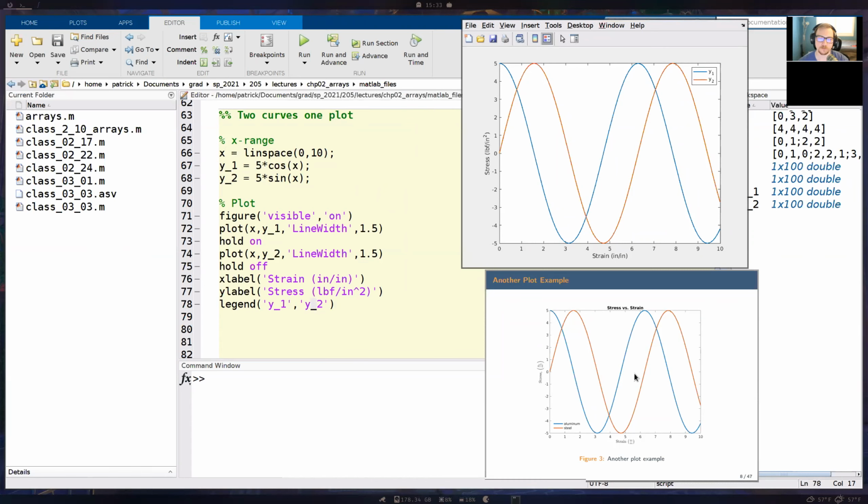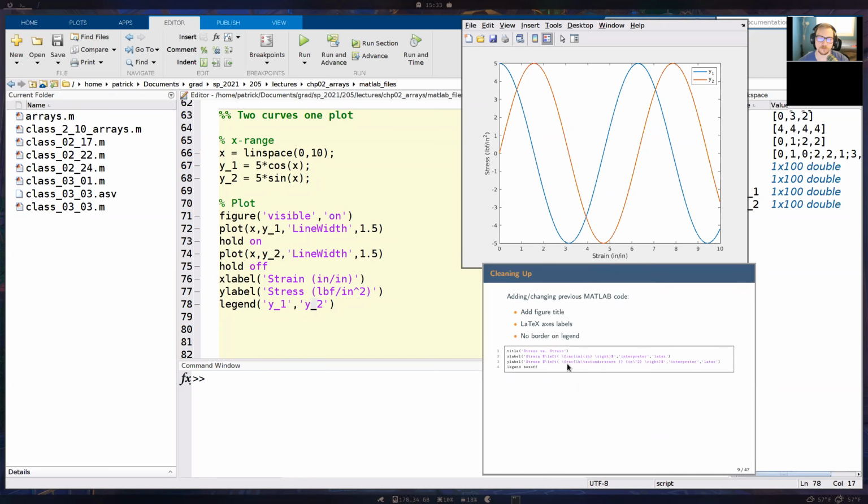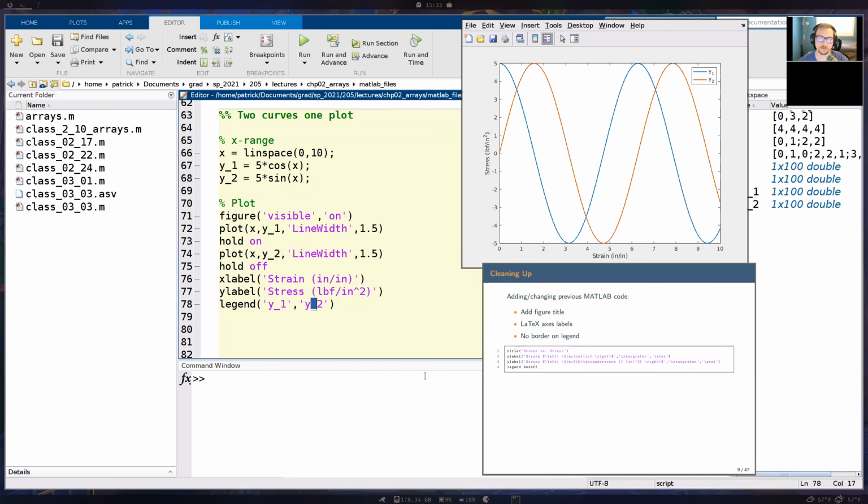So we can do this, and we're actually going to explicitly use Latex formatting. Now, this is mostly just for you guys. If you want your labels to look a bit better, I'm not going to require you to do this in a quiz or anything like that. So to do this, we're going to be adding some more arguments to our X label and our Y label here.